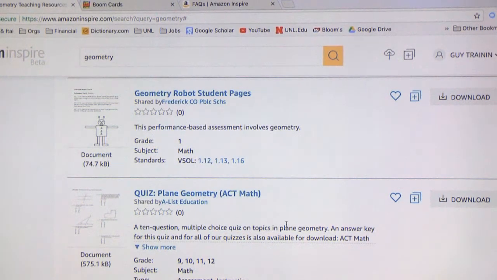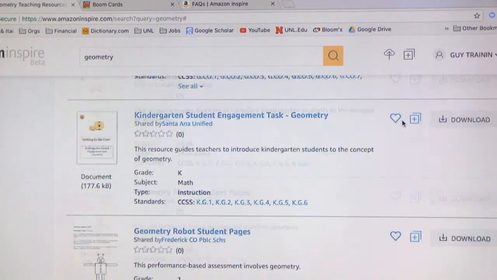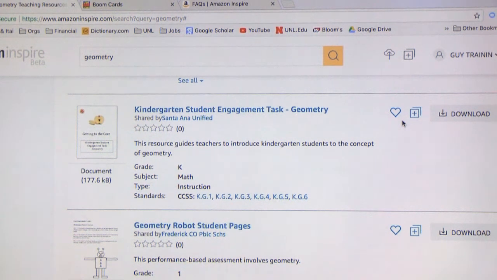And you can see that some of this is done by companies, some of this is done by individual teachers, and some of this is actually concentrated efforts by districts that are just using the Amazon platform to share across their district, but other people can enjoy it. That being said, when you upload materials, you can choose who it's visible to, so there are some options there. You can see immediately there are no prices, so you don't have to pay for any individual products. Sometimes when there's a link, if you follow that link, it might involve a website where you can have some things that are for free and some things that are for pay, so you gotta make sure you do your due diligence.